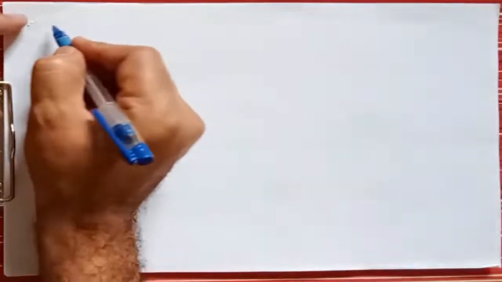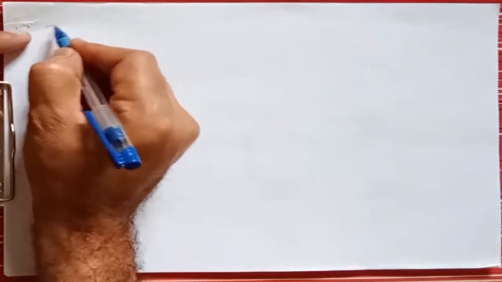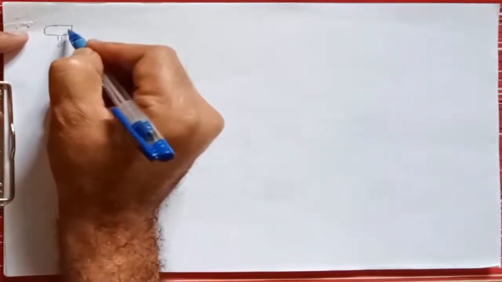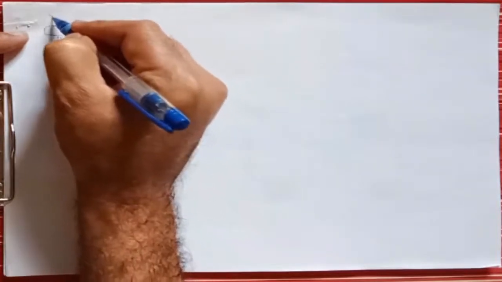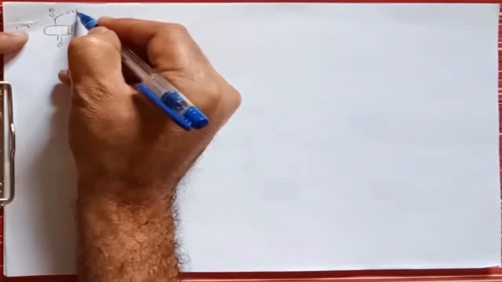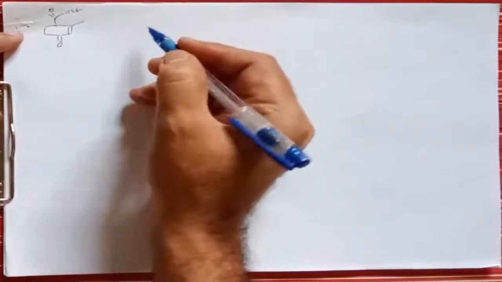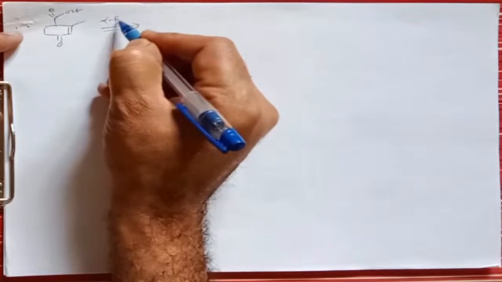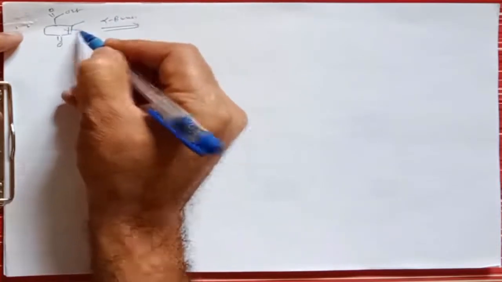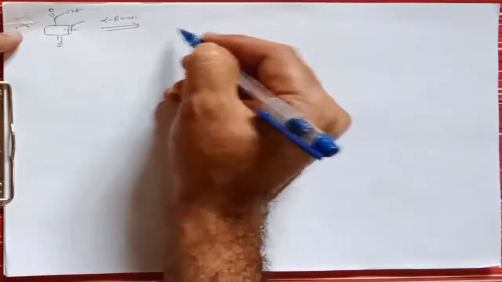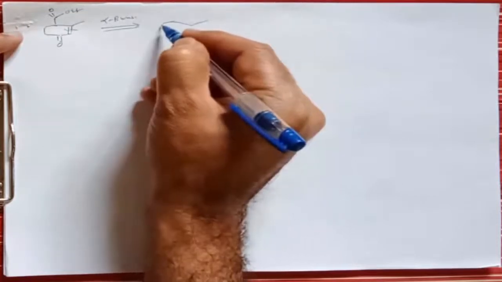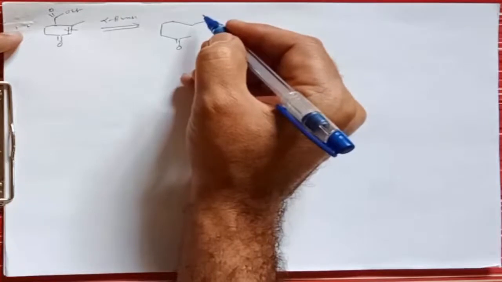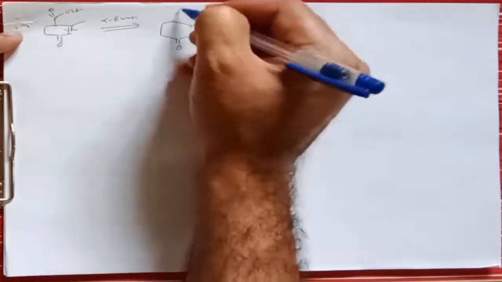Let us take another target molecule which contains such type of alpha beta unsaturated system. There is a carbonyl group, double bond, then there is COOEt, and here is a CH3 group, right? Again it is an alpha beta unsaturated system. We can break the molecule at this position, and after breaking, what does it give? It gives formation of a compound like this. So here is CH3, here is carbonyl functional group, and here is a